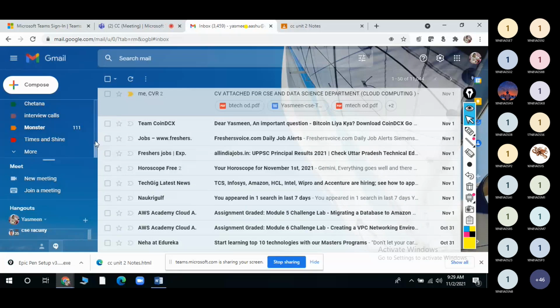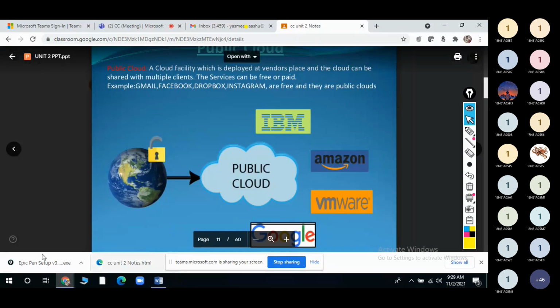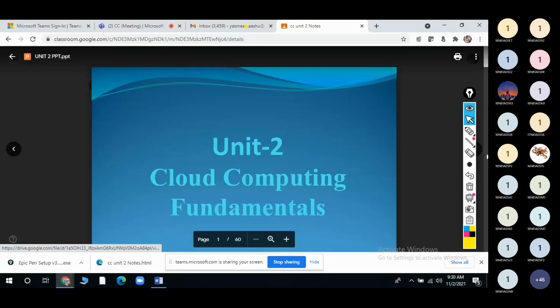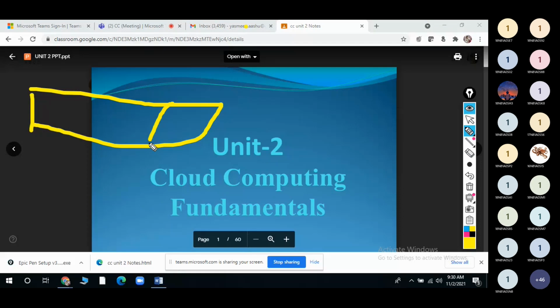Here it will display how much storage you have occupied, out of 15 GB. It has completed some 70%. Like that it will be giving the information.